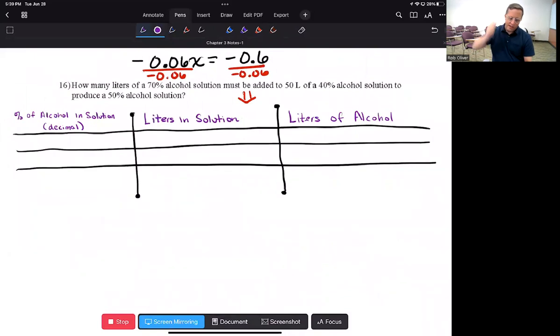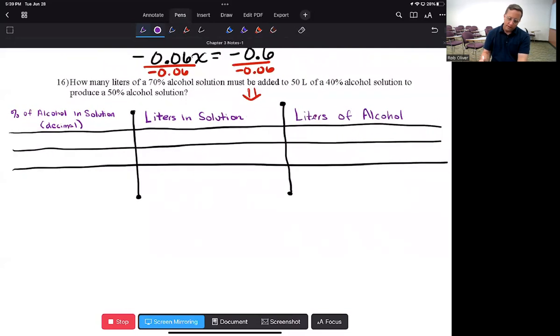All right, number 16. How many liters of a 70% alcohol solution must be added to 50 liters of a 40% alcohol solution to produce a 50% alcohol solution? Oh my God, that sounds confusing, but let's just start from the top here. We got 70%, and we don't know how many liters that is. So I'm going to put n there. We'll put n, and then we have